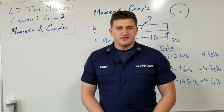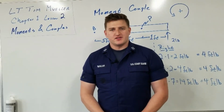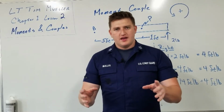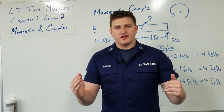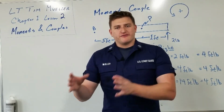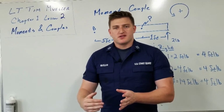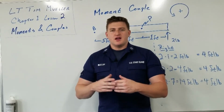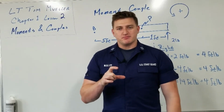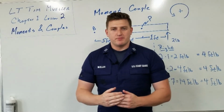So that does it for lesson 2 of chapter 1 on moments and moment couples. The next lesson, we're going to actually take a look at a diagram of a ship that's rolled over to one side, and we're going to see how the center of buoyancy and center of gravity are acting with each other. You saw this diagram before in chapter 0, but I'm going to refresh your memory now before we actually get into what's called the stability triangle. When we get into the stability triangle, then we're going to see righting arm, righting moment, and we're going to start seeing the metacentric height, which I mentioned before is very important when you're trying to find the initial stability of a ship or anything that's